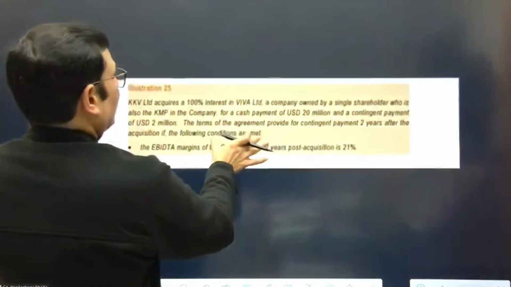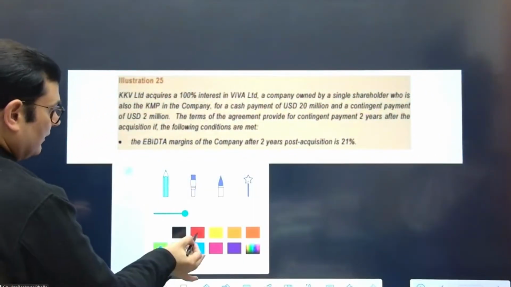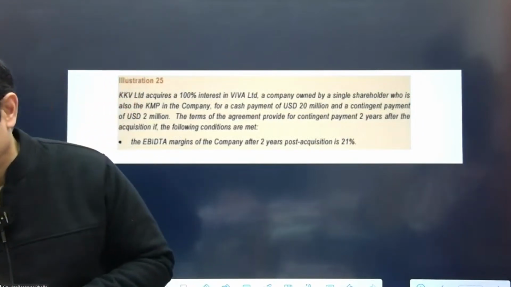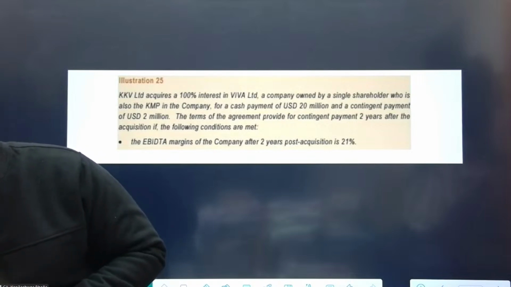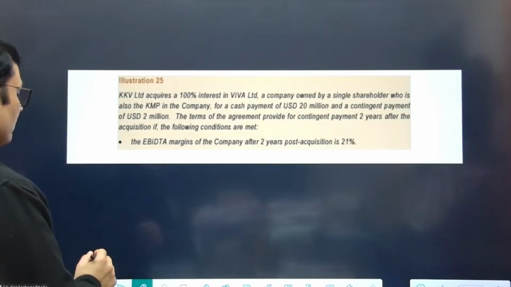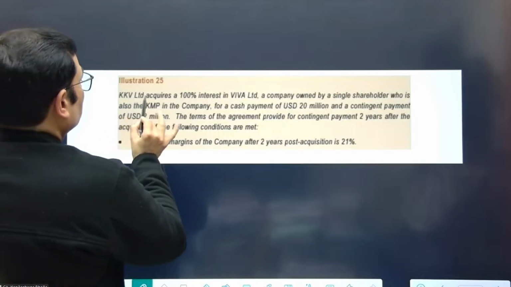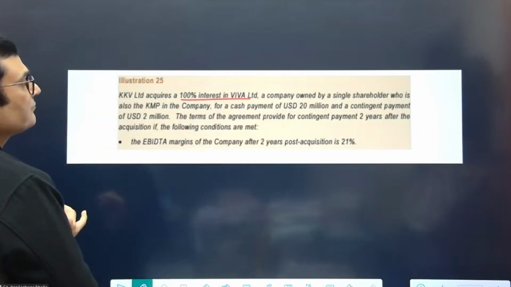So let's have a look at illustration number 25 of the study material. This is a good question where we're going to apply our 3-step models out here. Let's have a look. So I am given, first of all, in this particular question, it says KKV acquires 100% interest in Viva, a